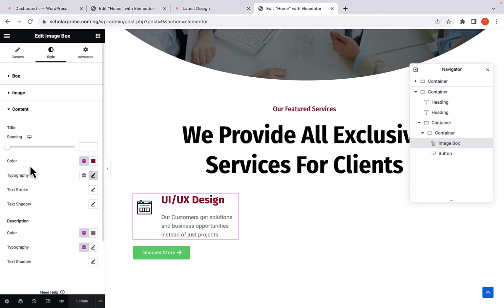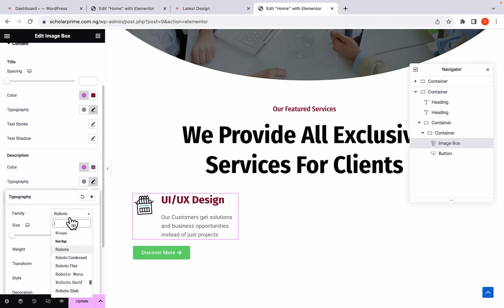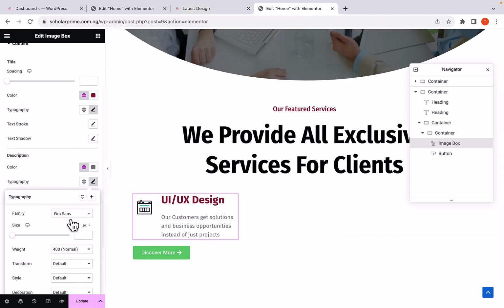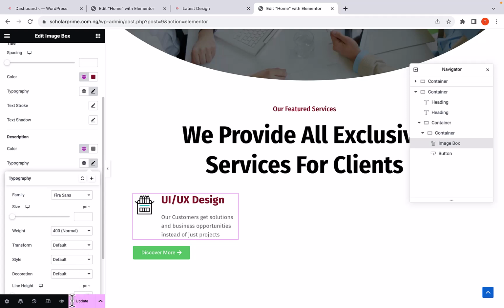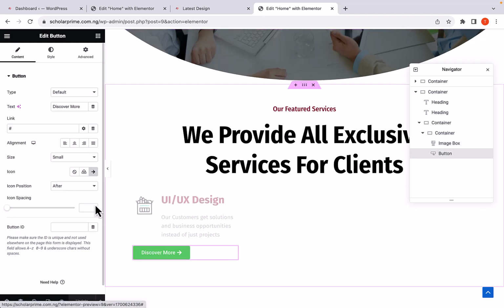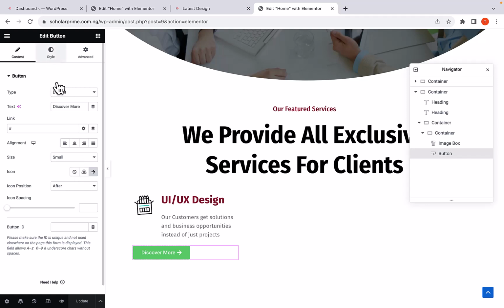So I'll click on it. I'll come over to description. So I'll just come over here and then set the typography to be Fira Sans. I'm going to update. Then I'll click on this button here. I'll come over to style